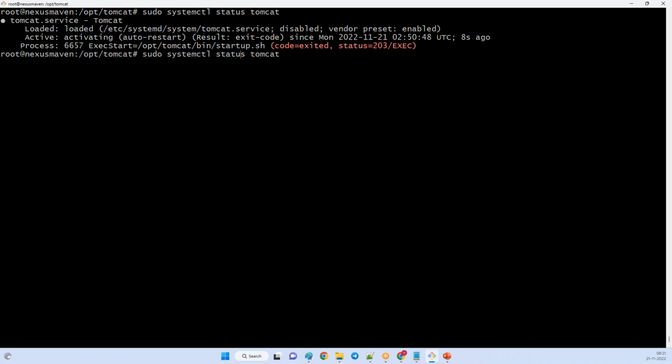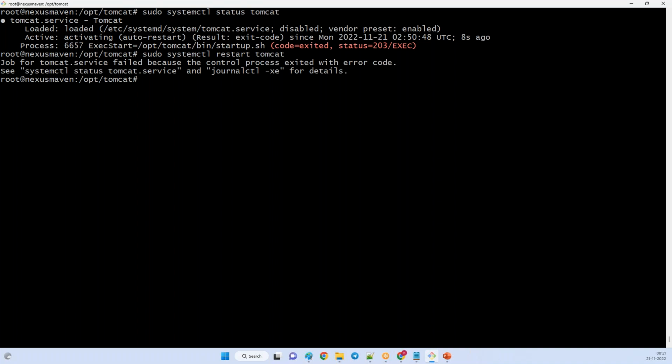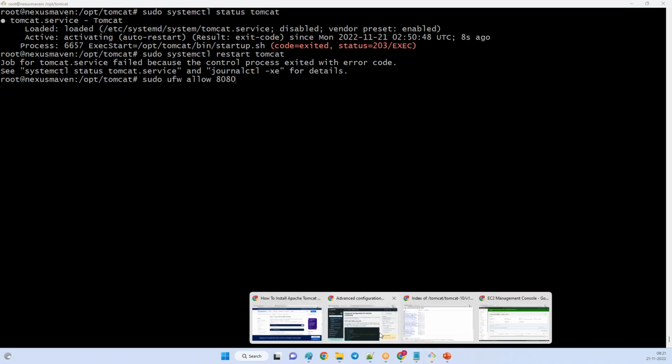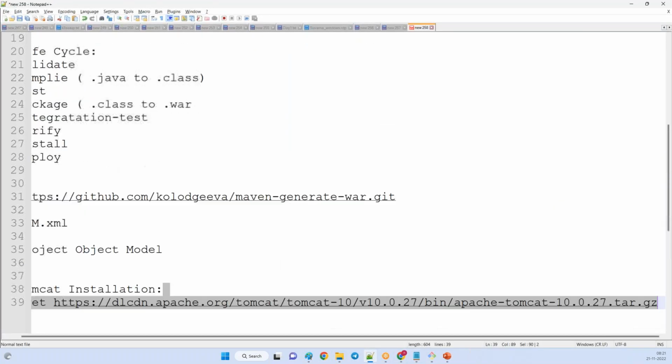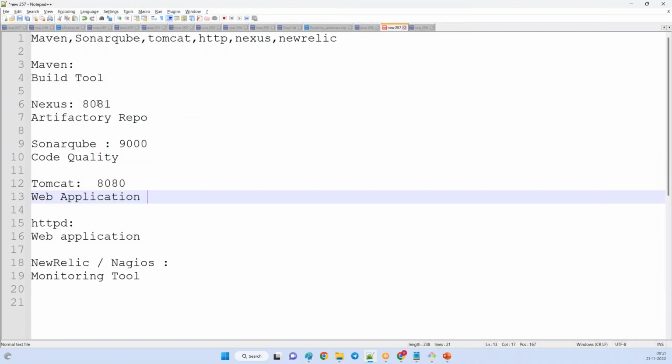Let me restart this. Yeah, meanwhile it will take some time. So what we can do is install Nexus as well. Nexus uses the port 8081, so you have to open 8081 as well. So let me open that.